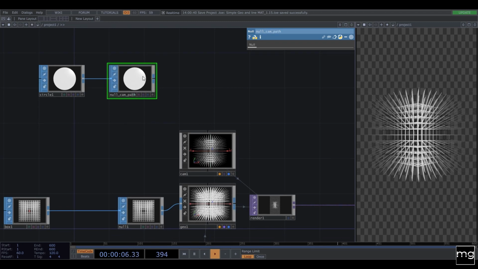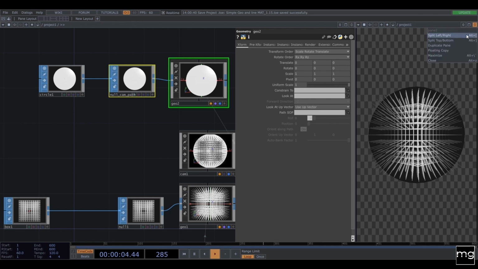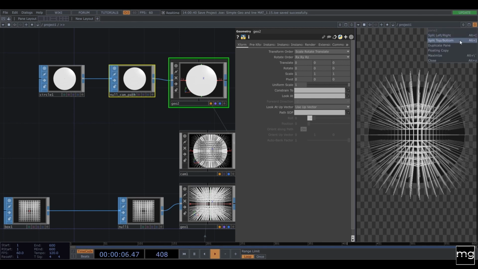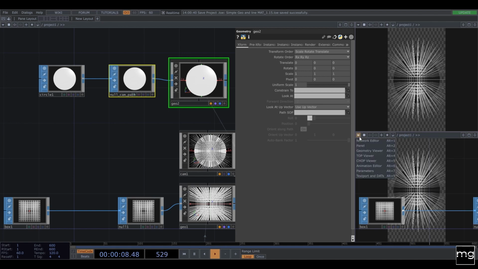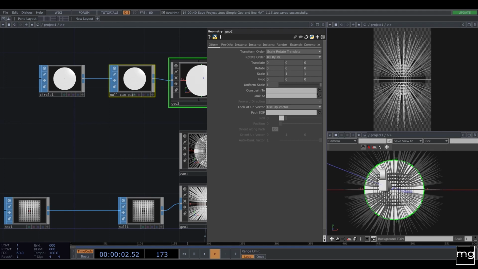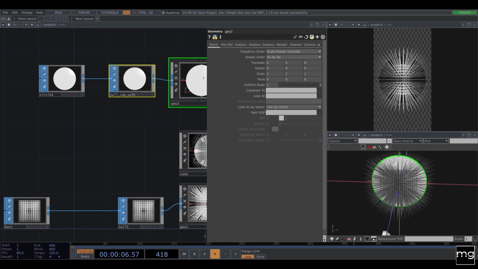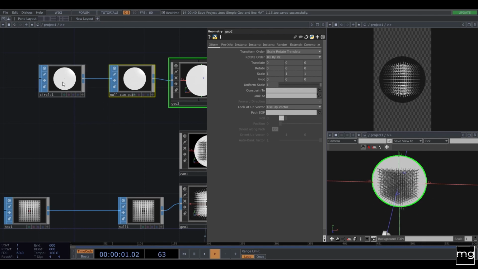I like to have here, just for purpose of understanding, I'm going to add a geometry so you can see it right away. But here, let's split this window to top and bottom. And in the bottom part, we're going to show the geometry, so we can see what's happening. And right away, we don't want the camera going through this area, but we want it on the other side.